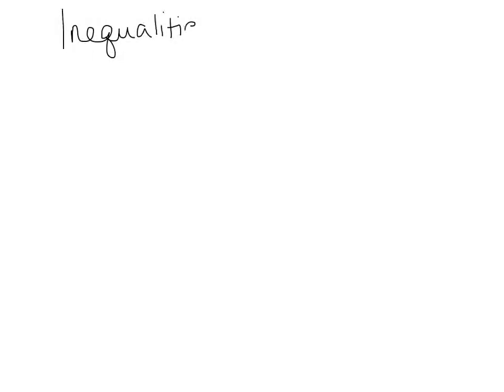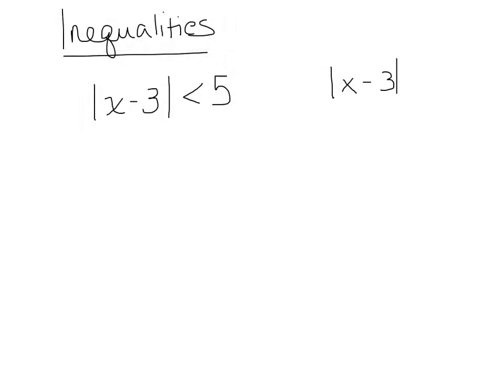Okay. Once again, you need to remember the absolute value is the distance away from 0. The two examples we can have: the absolute value of something is going to be less than a number, or we can have the absolute value is greater than a number. Once again, I should ordinarily end up with two parts to these inequalities. And if you think about these as being the distance away from 0,